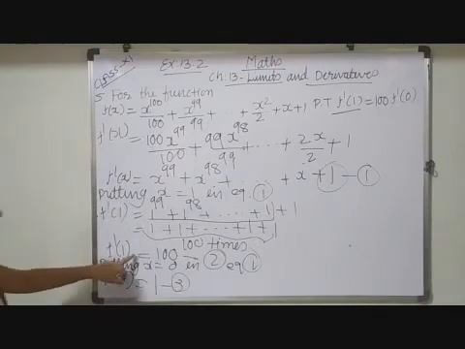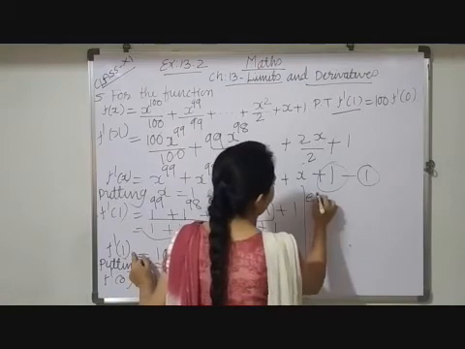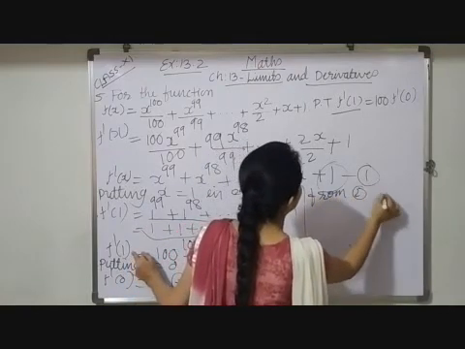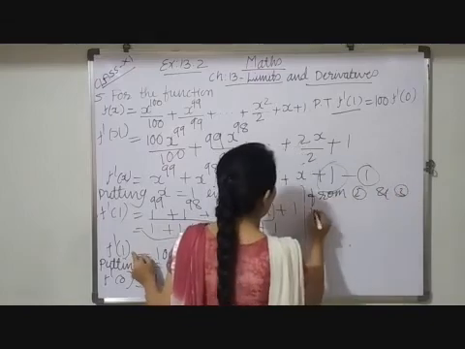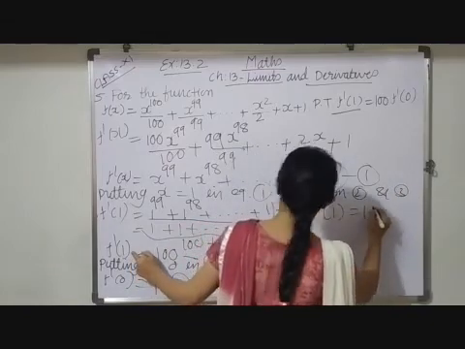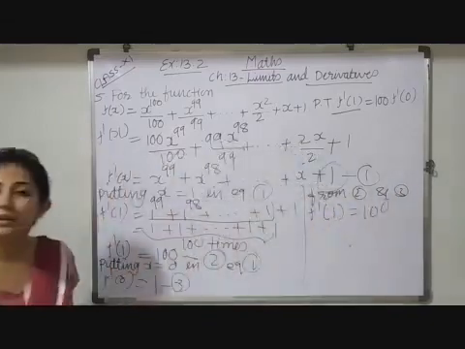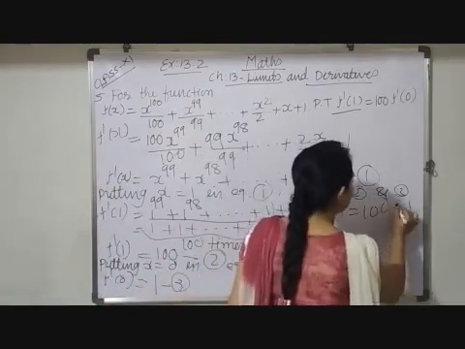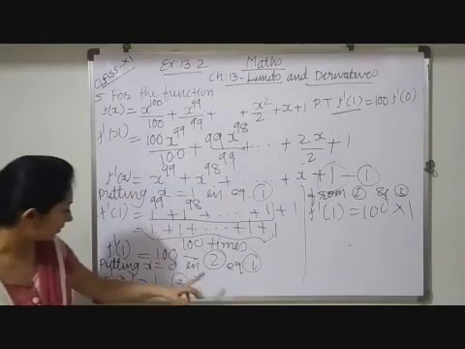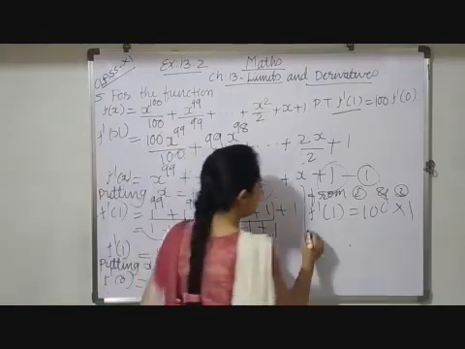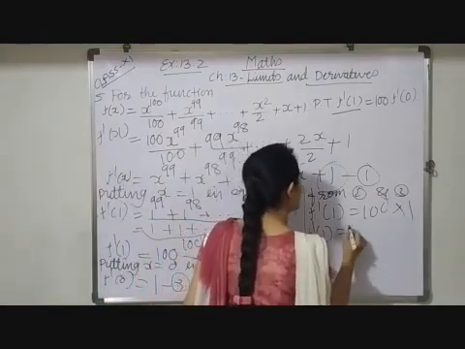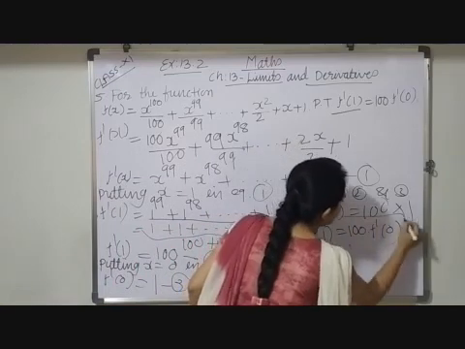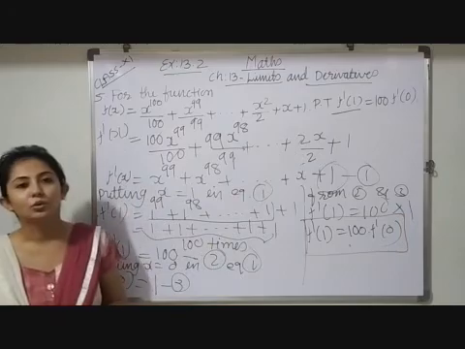Now from equations 2 and 3, what can we write? We have f dash of 1 which is equal to 100. May I write 100 equals 100 into 1? Because 100 ones are 100 only, as we know, and in place of 1 I can write f dash of 0. So f dash of 1 is equal to 100 into f dash of 0. Hence proved. So children, hope this proof